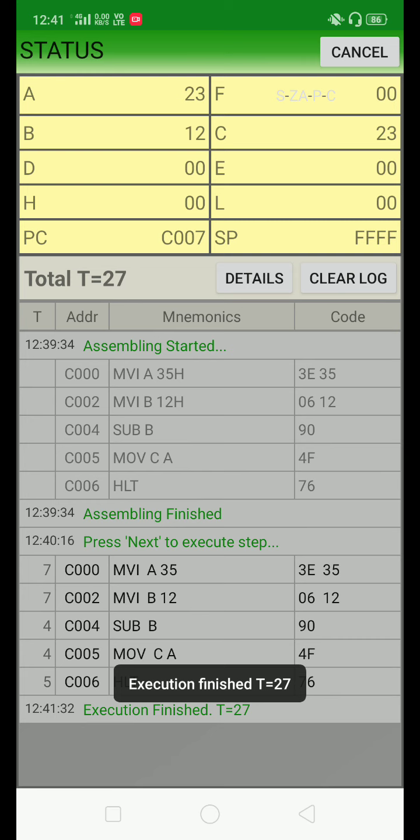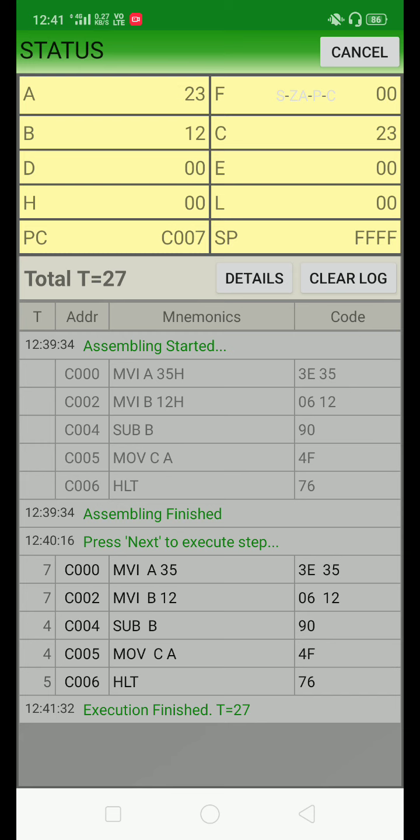Here we can see the status of all the registers: the accumulator with the subtraction result 23x, B register 12x, and the D, E, H, L registers are not used. There is no effect on the flag bits.